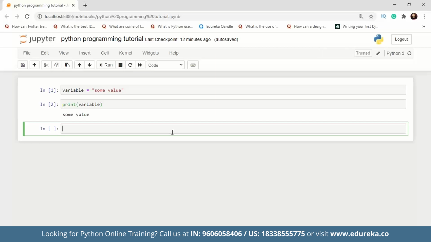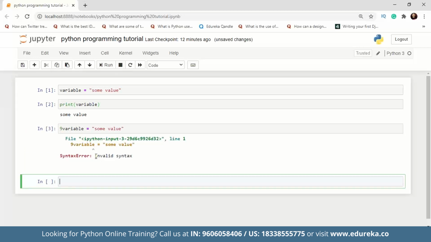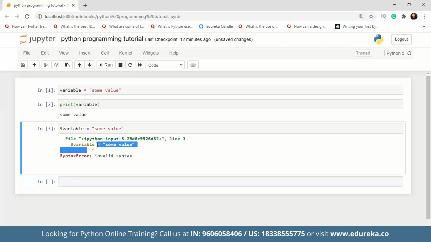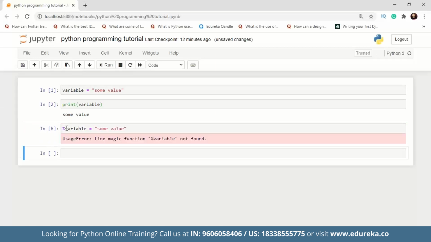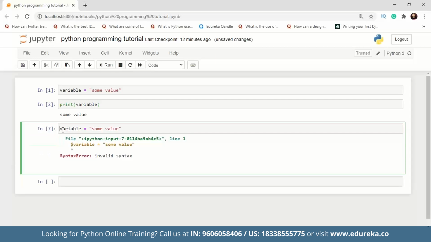So I'll just show you guys. Let's say if I want to write it like this and give it some value, I get a syntax error which says invalid syntax, because this violates the naming convention. You cannot declare a variable like this. All right, so let's try with an underscore and we're good to go. Double underscore, we are also good to go. Any other symbol? We will have a syntax error.